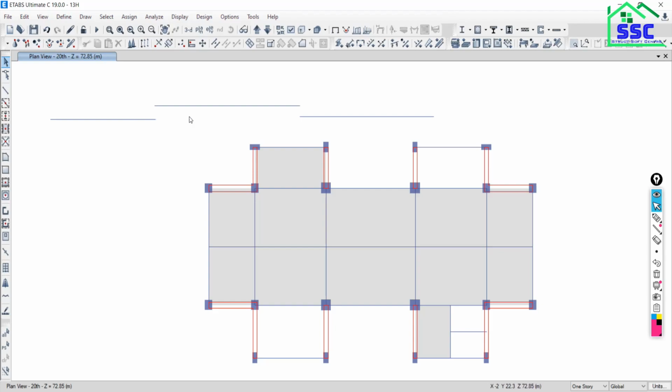So how to do this? First select the frame, select the frame, select the frame, and all the joints also. So the frames should be selected and the joints should be selected. Okay, now what next thing we have to do, we have to align this frame in the same line.